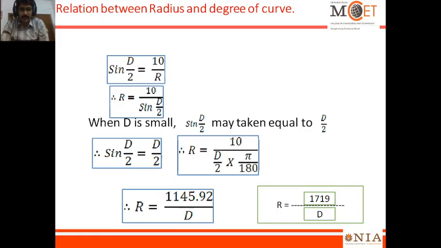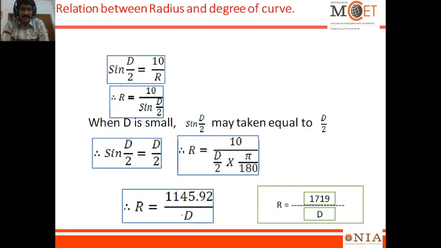Since D is very small compared to the 360 degree circle, sine D by 2 may be taken equal to D by 2. So R is equal to 10 by D by 2, converting to radians with pi by 180,